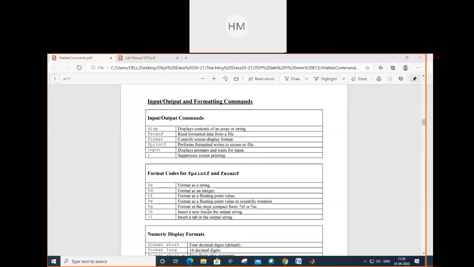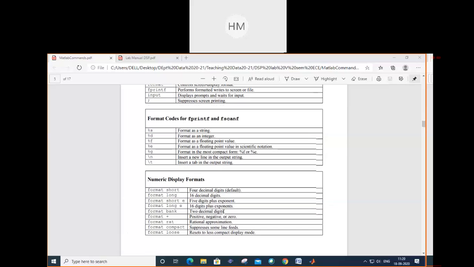New line, if I want to insert, I will write \n. Okay. Numeric display formats for 5 digits plus exponents. How will you write exponents? 2 decimal digits, positive, negative or zero format. So you have to write like this, all the formats.